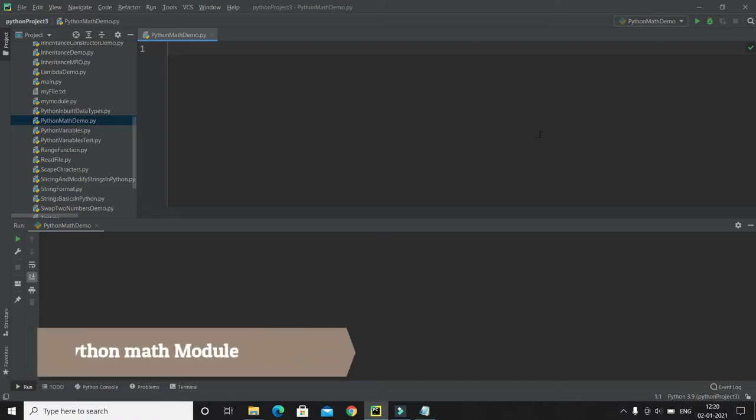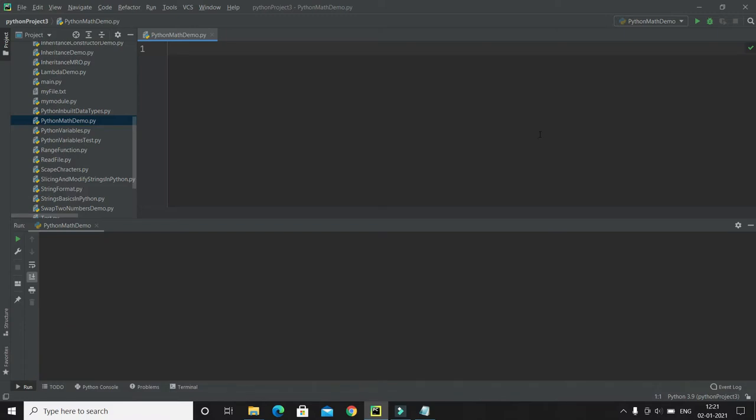As we know, when you write some source code, you may require some kind of mathematical calculation, right? You can write your own logic to perform any kind of mathematical calculation. But if there is already a pre-existing library, why not use that library? Because that is already developed by an engineer and well tested. So we should use the existing library instead of creating our own functions to perform mathematical calculation.